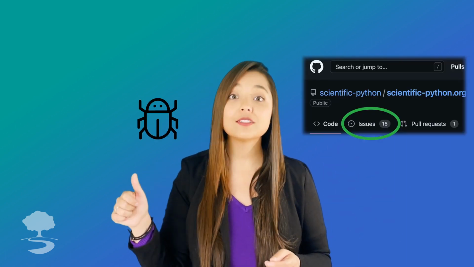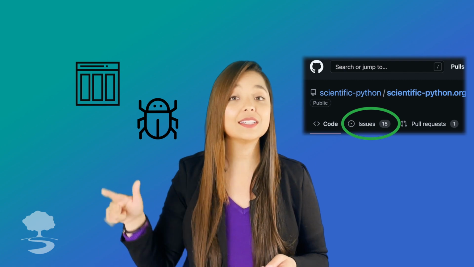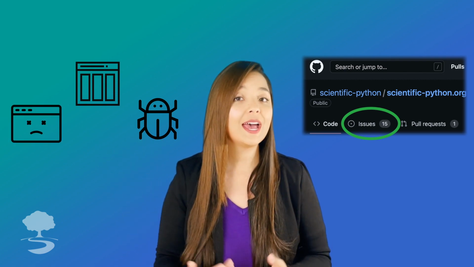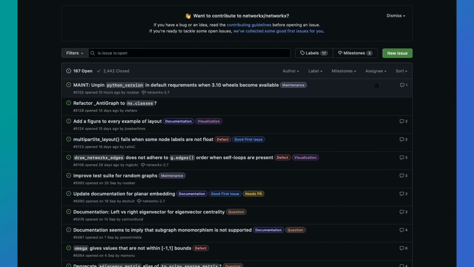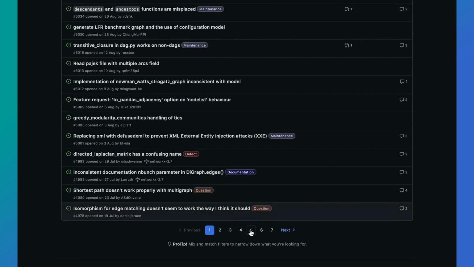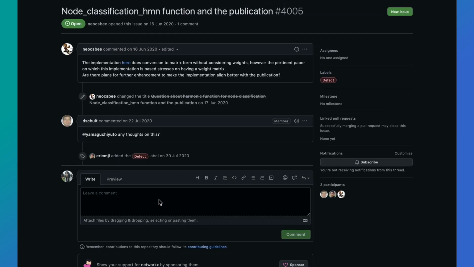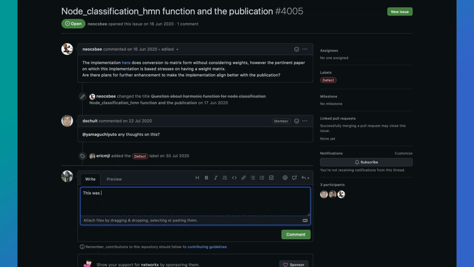Every scientific Python project has its own issue tracker, where users report bugs, suggest UX improvements, and discuss technical issues they are having. These let developers support users and track improvement to their projects. One way in which you can contribute is by verifying and triaging issues. For example, you can check if older issues are still relevant, and let developers know if they're resolved.